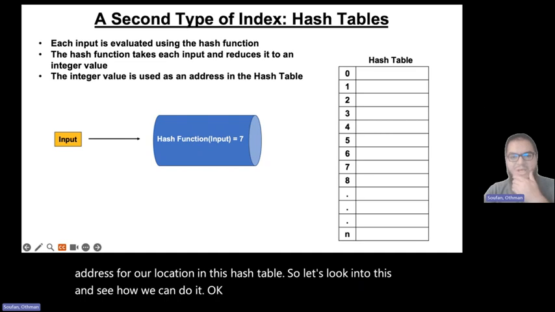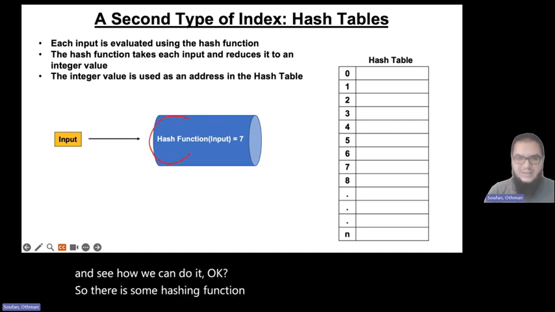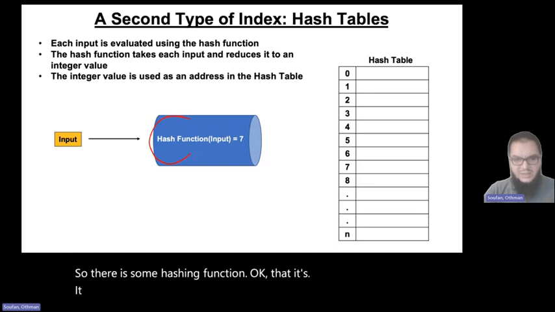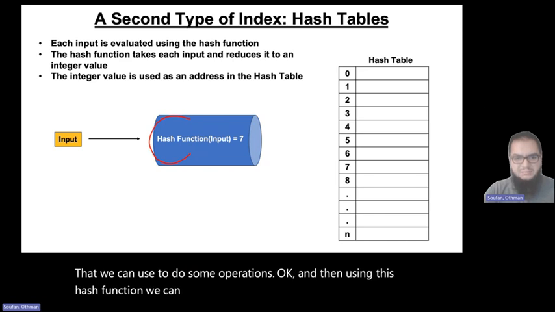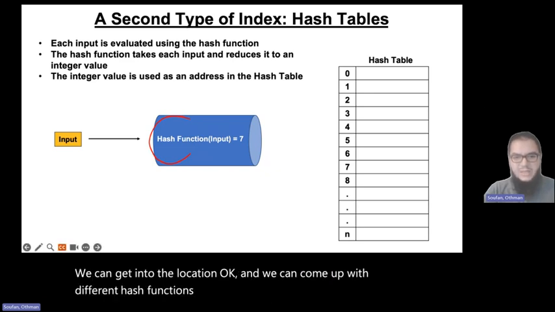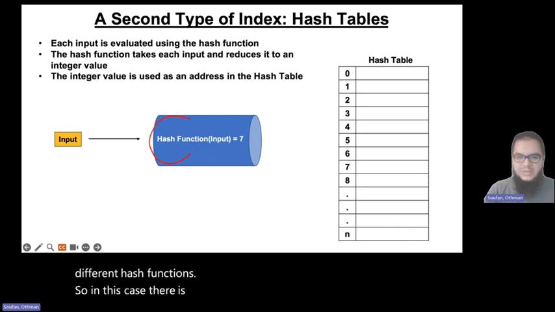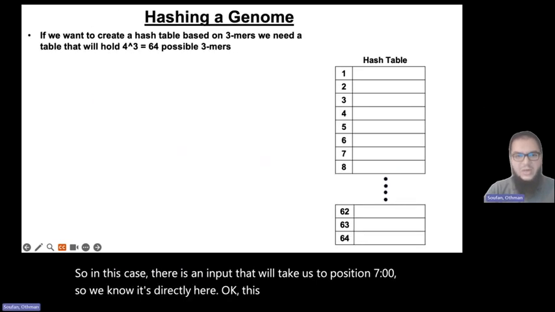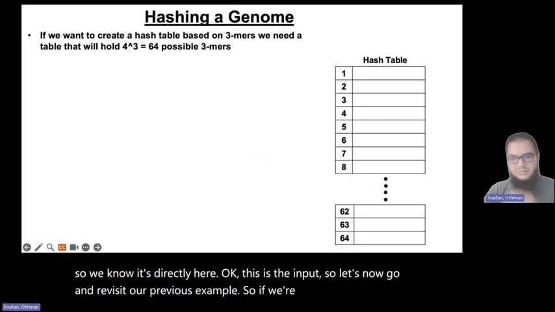So there is some hashing function that we can use to do some operations, and then using this hash function, we can get to the location, and we can come up with different hash functions. In this case, there is an input that will take us to position 7, so we know it's directly here. This is the input. So let's now revisit our previous example. If we want to create a hash table,